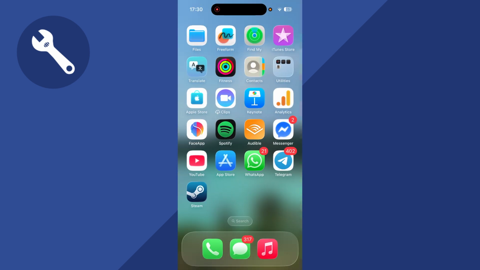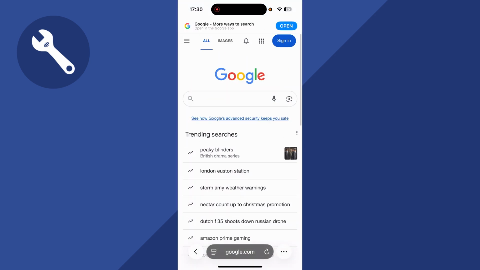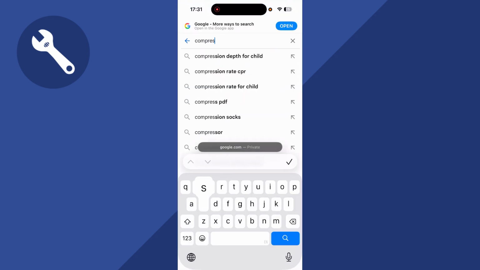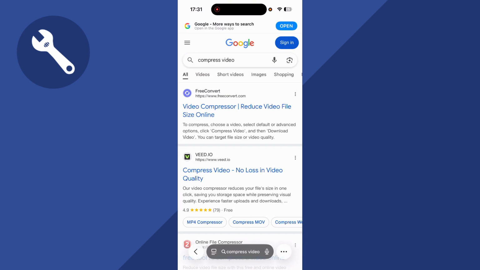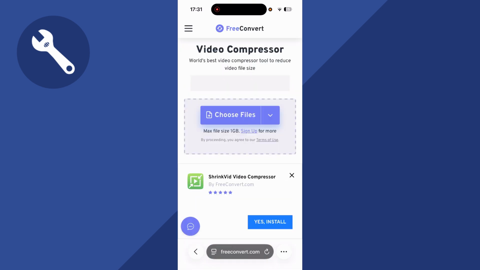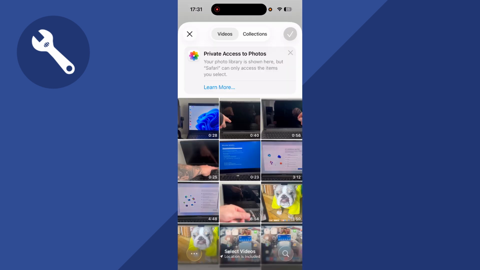But if you already have the video saved on your phone, then what you can do is open up an internet browser, and from the search box we're going to type in compress video and press search. You can then click on this top website, which is freeconvert.com. You can then press choose files and select from device. You can then click photo library and then just select the video that you want to compress and click on